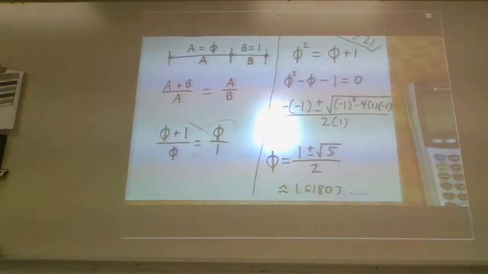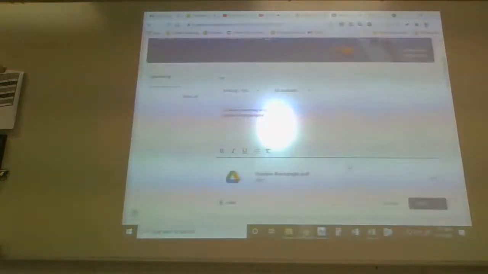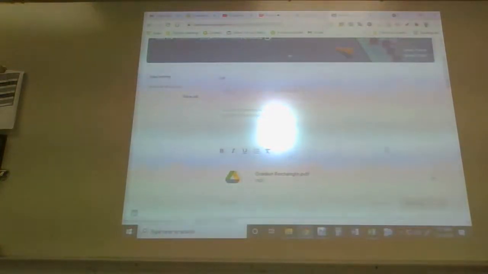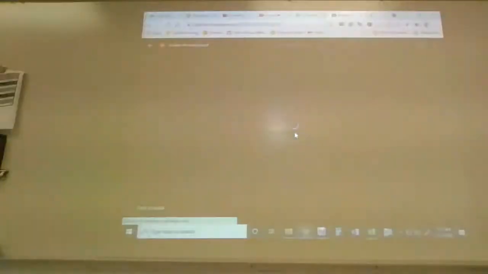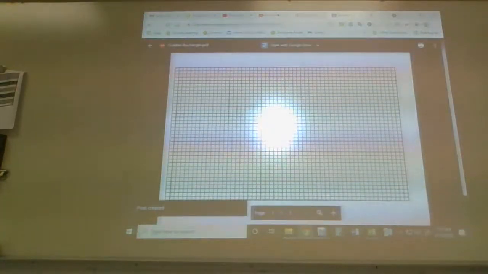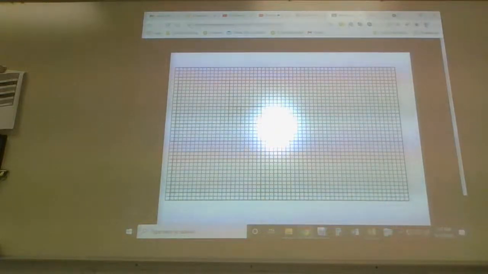Again, the ancients had no way of really expressing what this was in our modern terms. So we're going to go back to the way that they expressed it. For those of you online, I just posted a PDF that looks like this. Now, it does look kind of weird. I'm going to point out a couple things for you on the live stream. For you guys that are here, clearly you can see the darkened lines on the grid, right? But for those of you on the computers, it is a little bit difficult to see this.